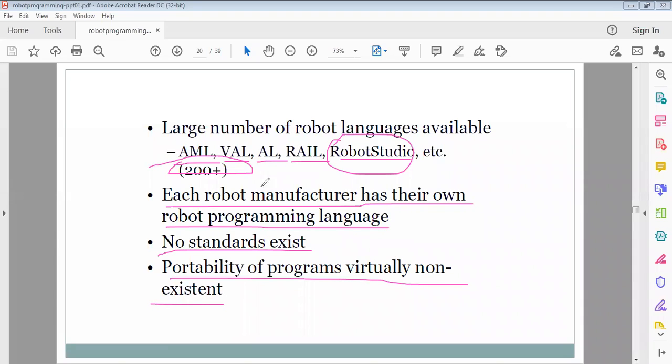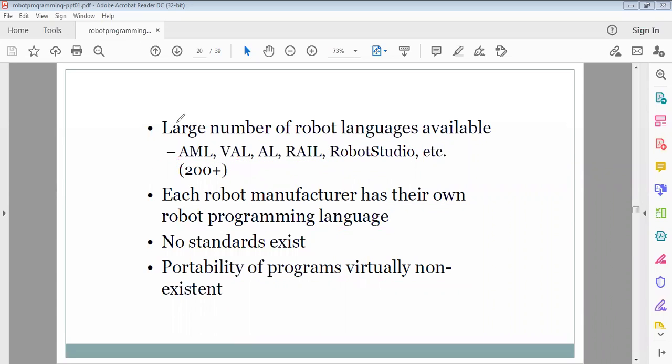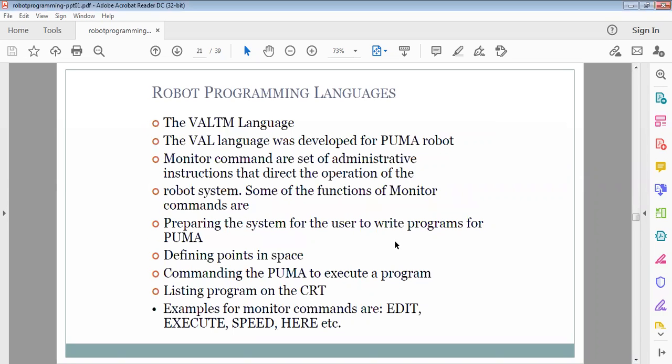Robot programming languages, for example the VAL language. This language was developed for the Puma robot, and this robot is used for